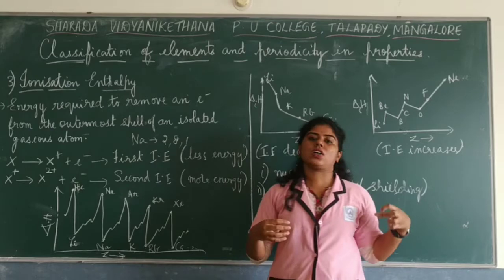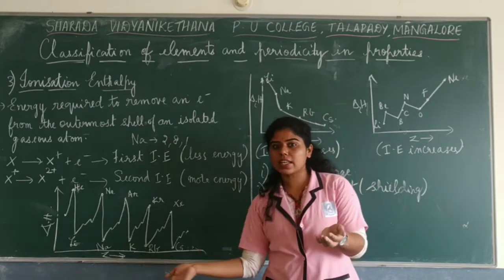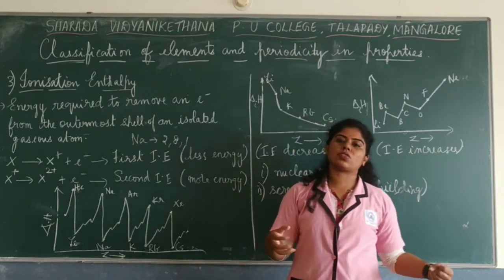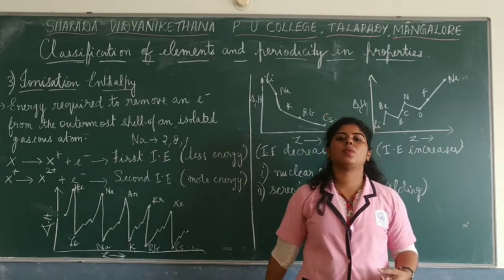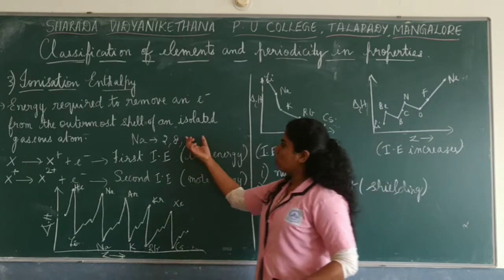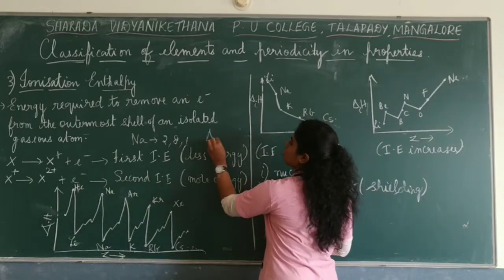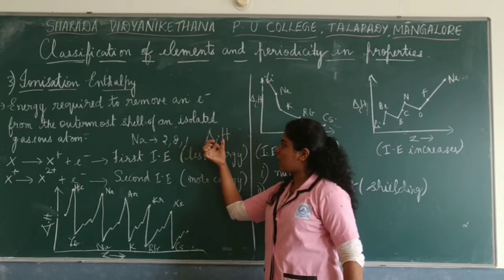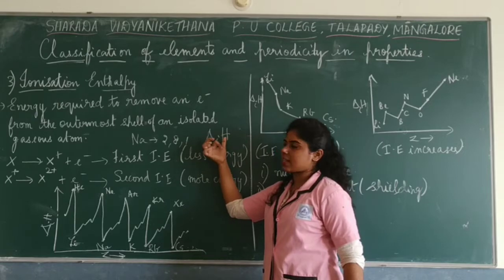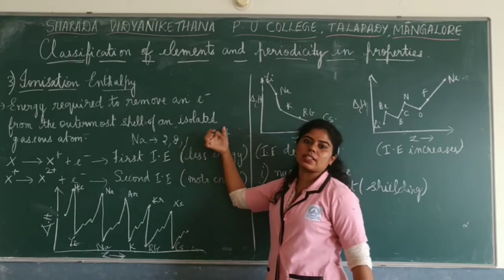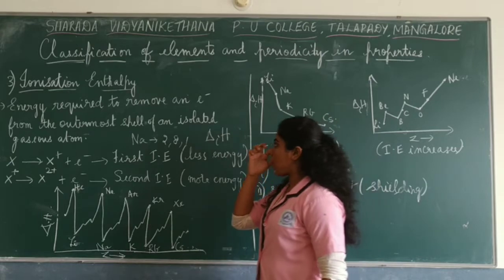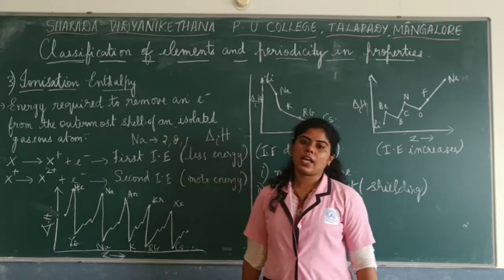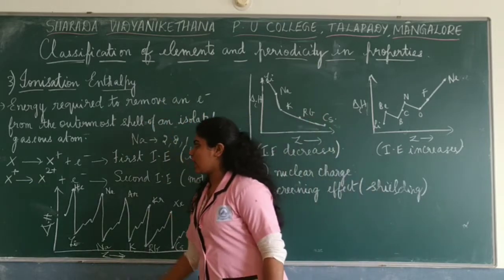So we supply energy. Always when an atom releases energy, you get a negative value. But here you are providing energy to remove an electron. That means you are providing, in the sense that the value has to be positive. So usually the ionization enthalpy is denoted as delta IH. Delta I in the sense the change in the enthalpy. Enthalpy is denoted as H, and this is ionization enthalpy. So the energy required to remove an electron from the outermost shell of an isolated gaseous atom is the ionization enthalpy.